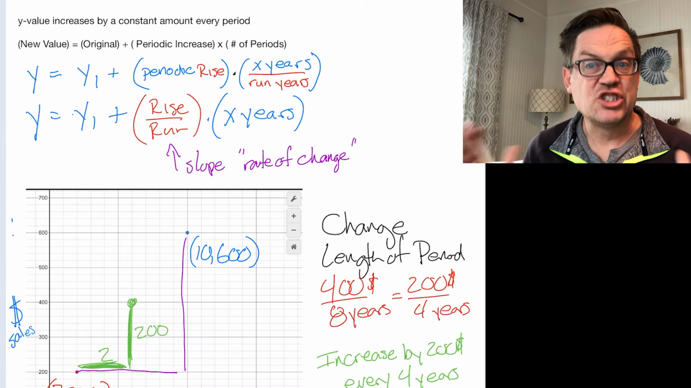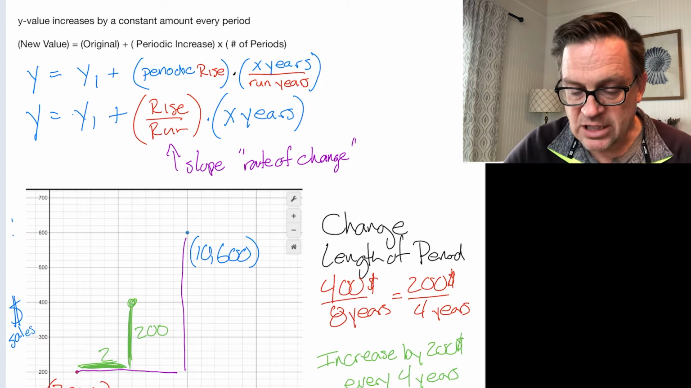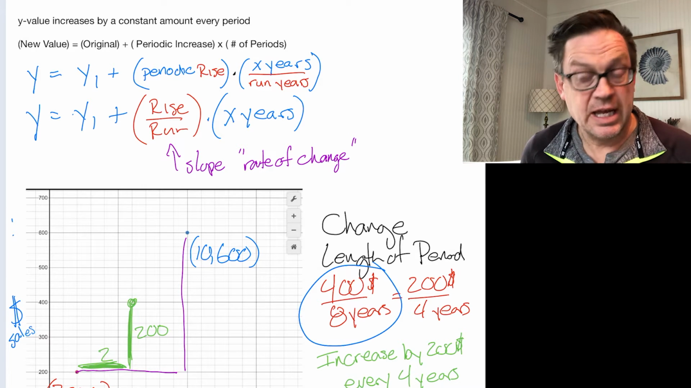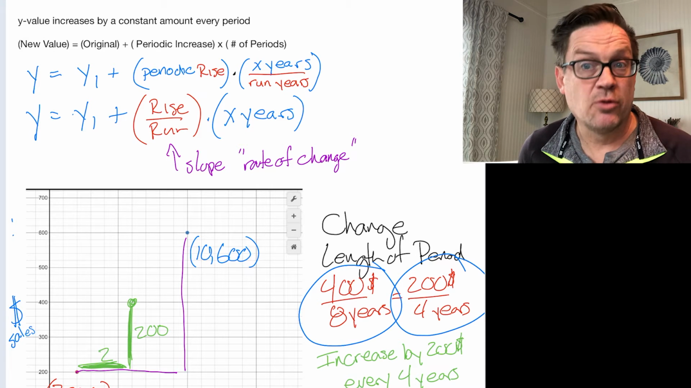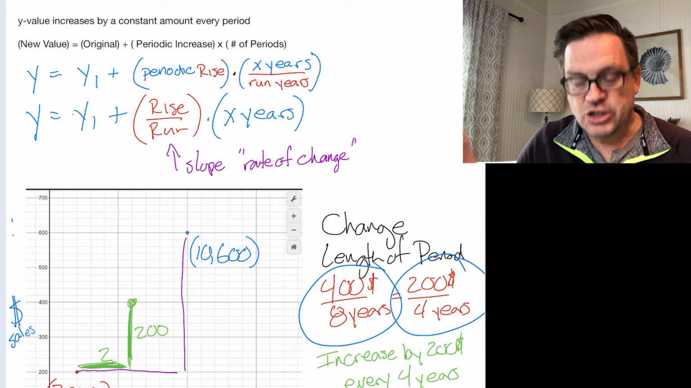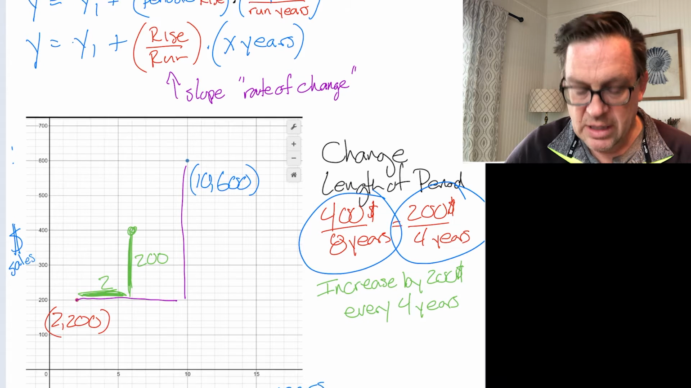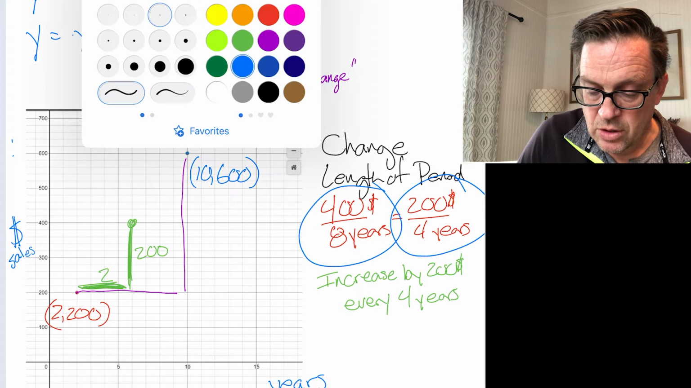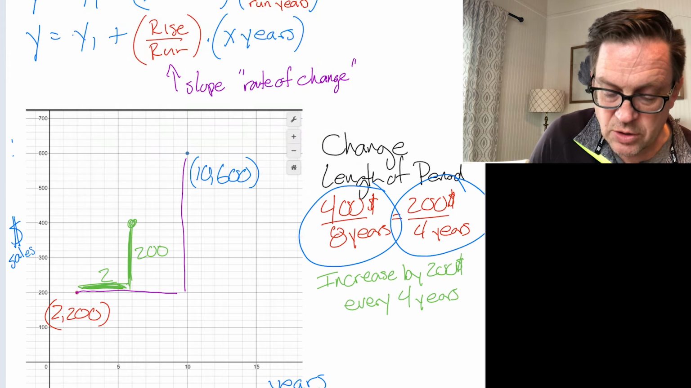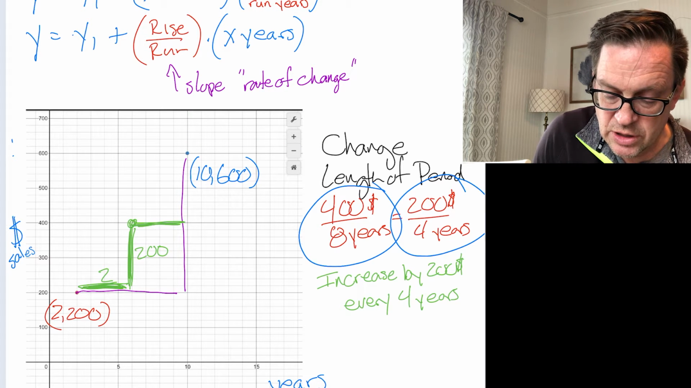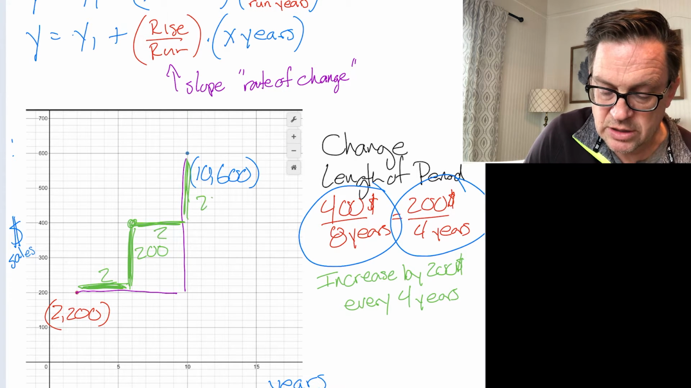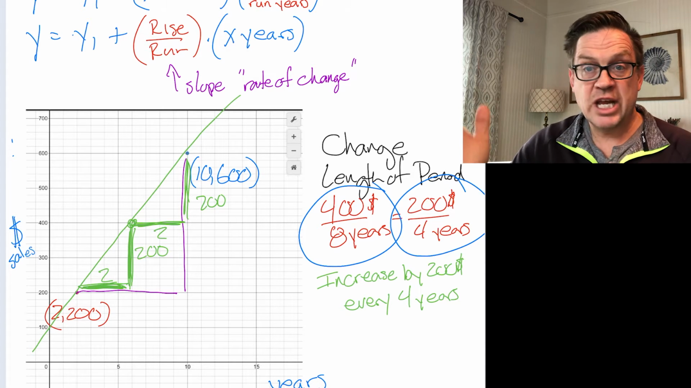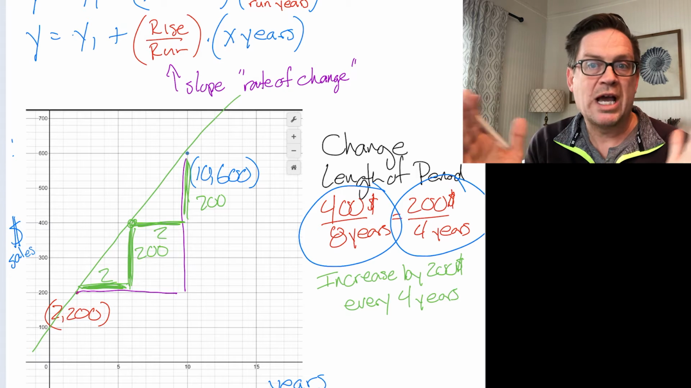What happens though if I want to change the period? I can use algebra to notice that $400 in 8 years is the same as $200 in 4 years. On a chart, what that means is I'm doing the green stair steps instead. So I go over 4 years and I go up $200. I go over another 4 years, I go up another $200. And so I get a linear growth,